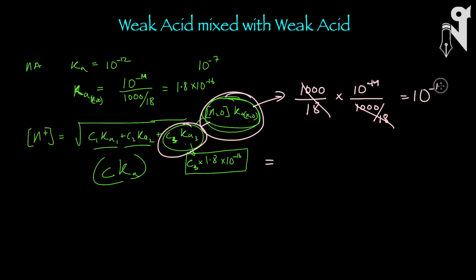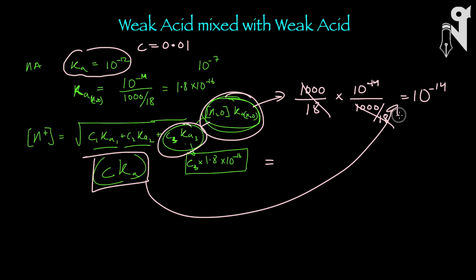So in a question, if they give you some weak acid with Ka 10 power minus 12 and the molarity of that is 0.1 or 0.01, you already know that the C Ka calculation for that is going to be in the vicinity of 10 power minus 14. So water also has to be considered in the calculations. I'll try to push such a question in the quiz, and do get it right. Okay, thanks a lot. So this was weak acid with weak acid, a mixture, and generally it all comes in advanced.